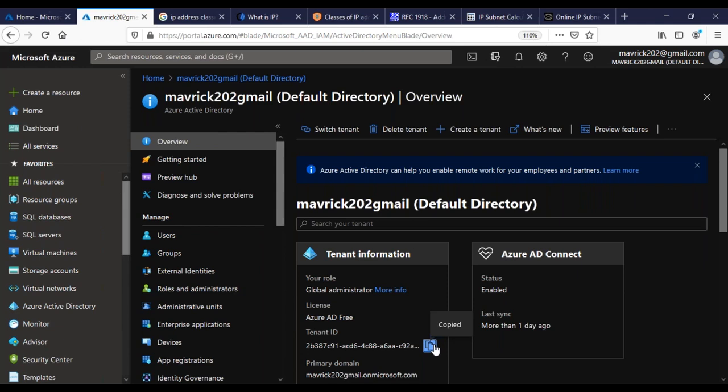Now this tenant ID has nothing to do with Azure specifically. Basically, this is the top level. For example, imagine you're working in a gated community, a posh, costly gated community. You will have passes everywhere. If you want to even go into the lift lobby, you need to use a pass, the ID card. If you want to use the gymnasium, you need to use the pass. If you want to use the swimming pool, you need to use a pass. Similarly, the ID card you are given is the tenant ID.